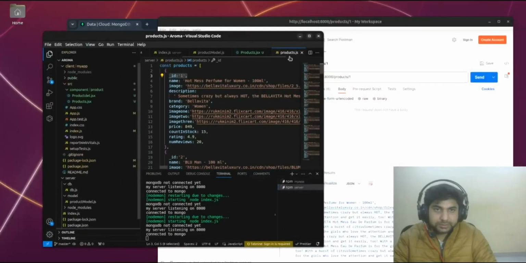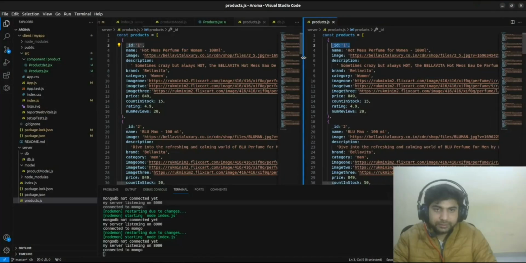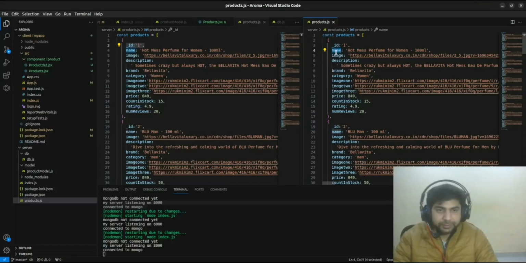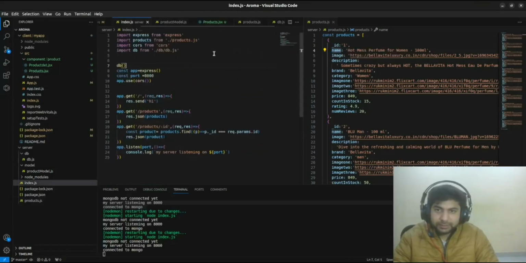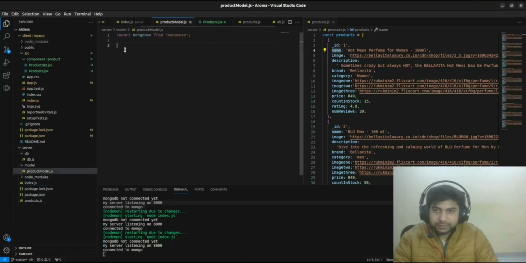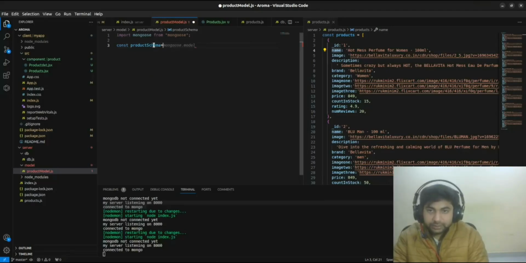So just splitting my screen. Okay, so here I have fields of name, image, description, so many, but I'm taking a few so that I can fetch my data from the database. Okay, so write it down, product schema here, and